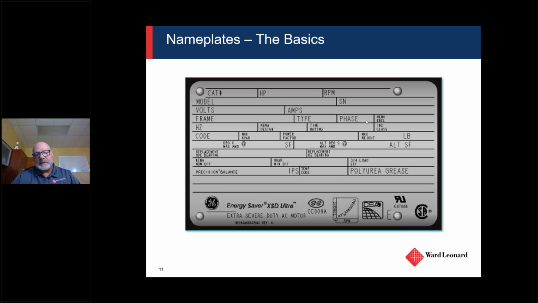We'll talk about type, phase, obviously it's going to be AC, so it would be single phase or three phase. What your frequency is, that's in Hz, which would be hertz. And then there are NEMA designs, we'll talk a little bit more about that, but that's the torque design. So we get into A, B, C, D type of design. The insulation class rating, if you have a power factor requirement, we'll talk a little bit more about power factor, and then service factor is here. We'll talk about service factor, but then sometimes they will list the bearing numbers on there, which